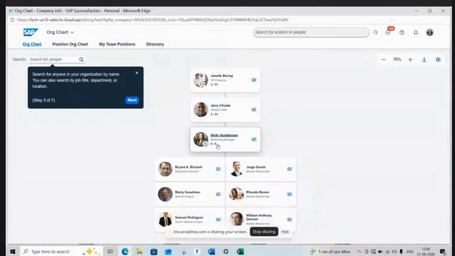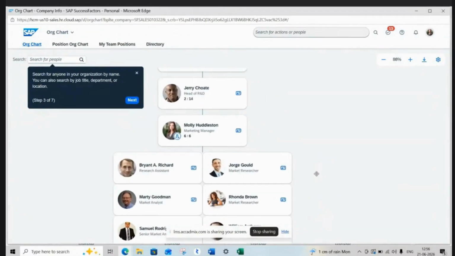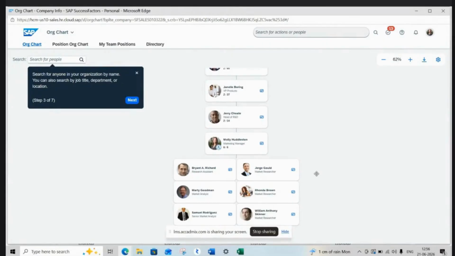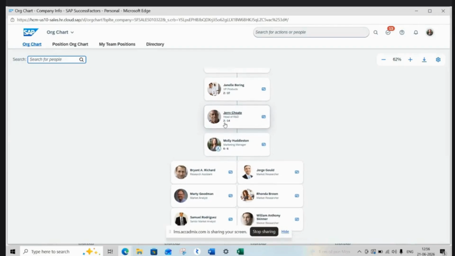So that's how the org chart looks. If there is a direct reporting of somebody to someone, it will be shown as a solid line. But if there is matrix reporting, where that person has dual reporting, there will be a dotted line. With the help of the dotted line, you will understand that this organization has a matrix reporting structure where this person has dual reporting. There is one person whom that person reports to directly in that geography, and there is another person in some other geography that person also reports to. So there are organizations which have a matrix reporting structure.